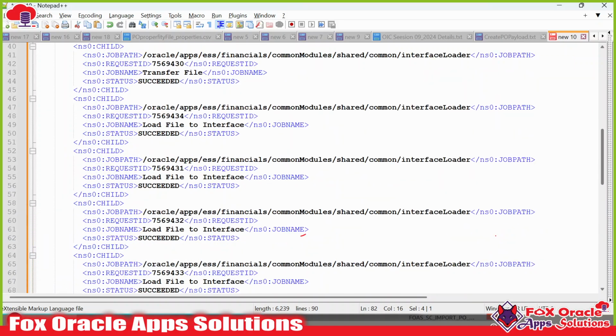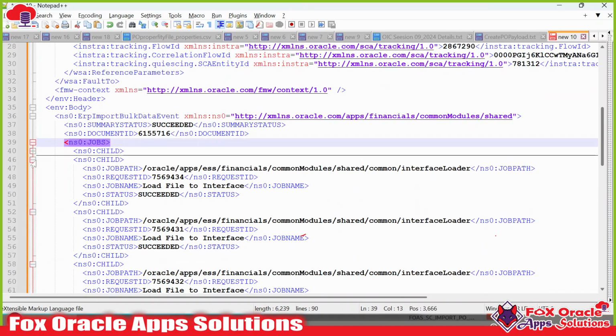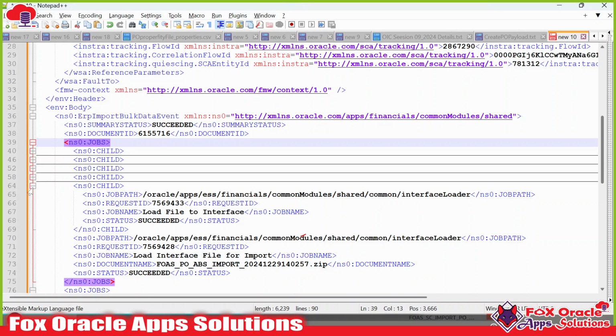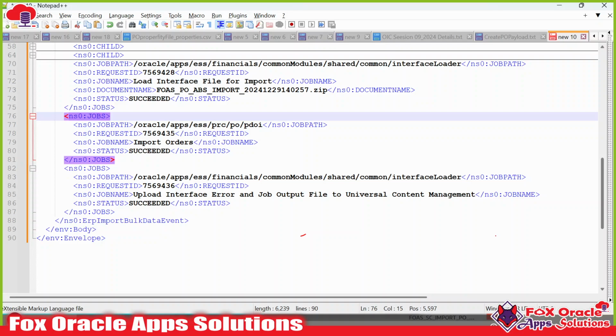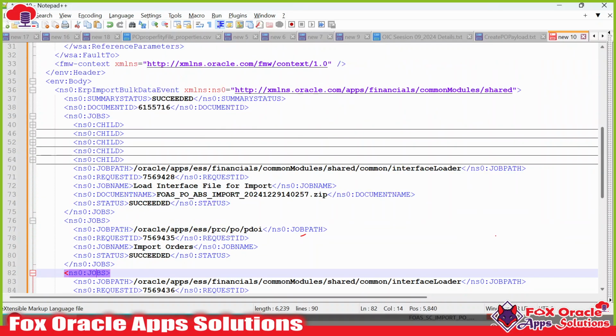So the first one, if you see here, if I minimize all this here, this is the first job, this is the second job, and this is the third job. The first job is related to, you can see, the load interface file for import ESS job. This load interface file for import is a job set which contains multiple single jobs. So you can see what is the request ID or the process ID for this load interface file for import